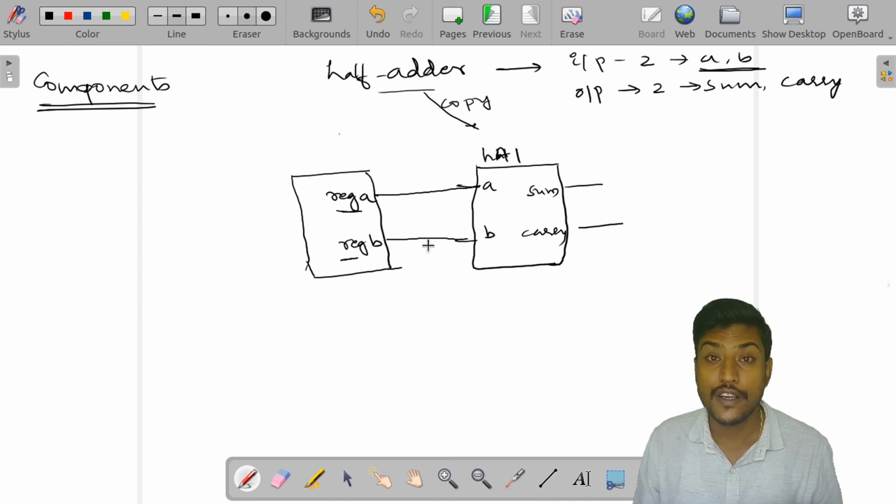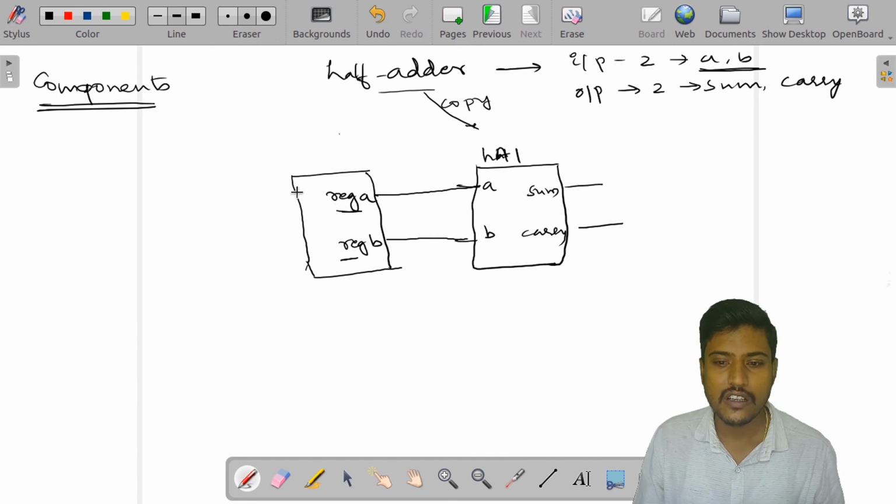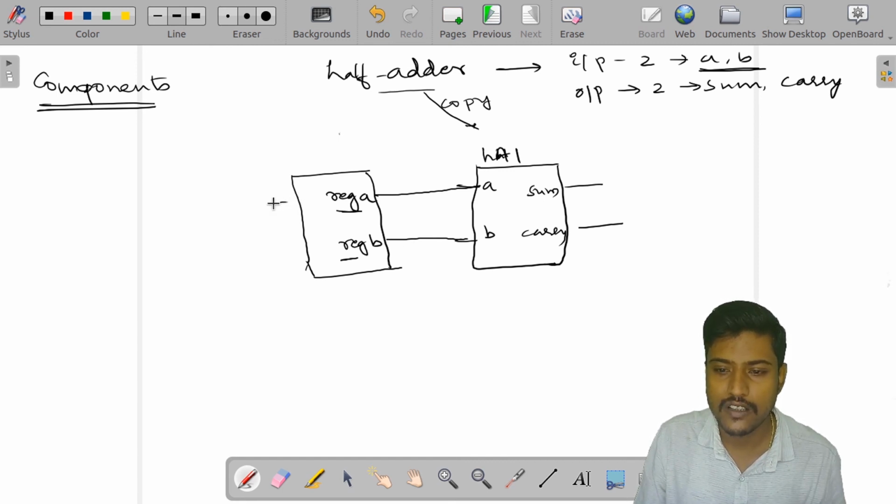So, I need to check the output whether I am getting proper or not. So, I will create some wires. I will call this wire sum, and one more wire carry.